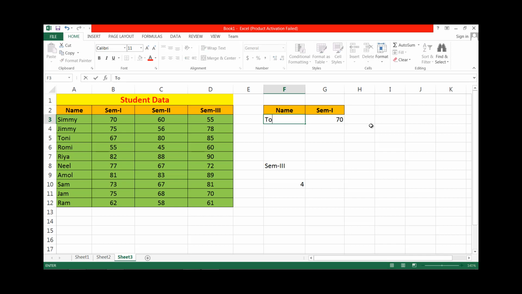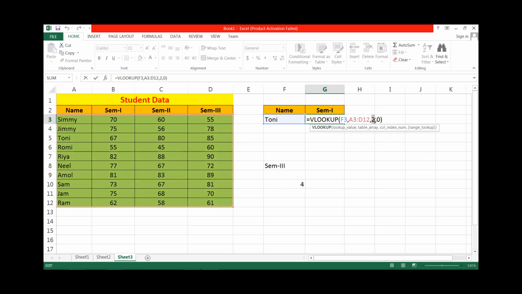Then suppose Tony, but suppose here we change the name, then no doubt with the help of simple VLOOKUP we get the value. But if I change this cell and write here semester 2, then it will not return the right result. And for this purpose we have to use the MATCH function.